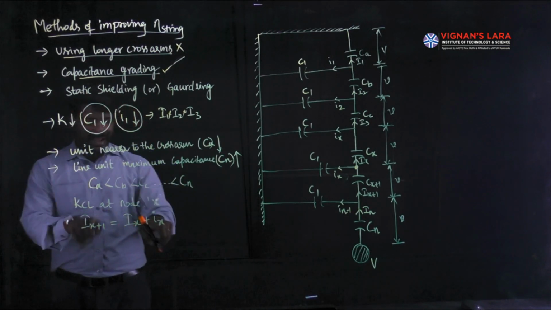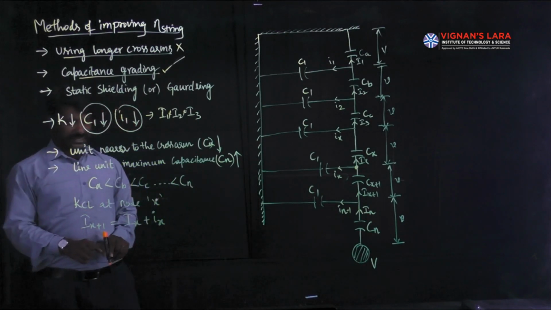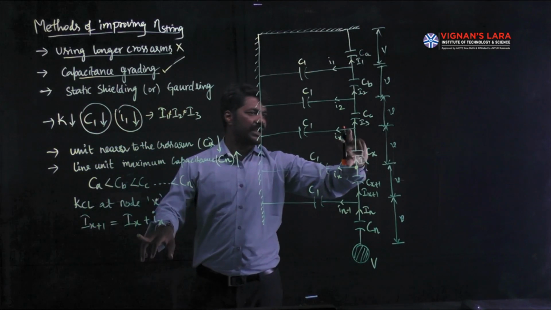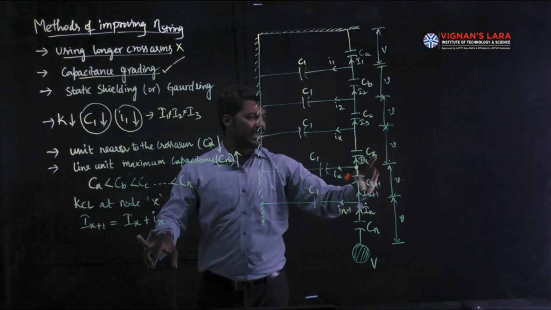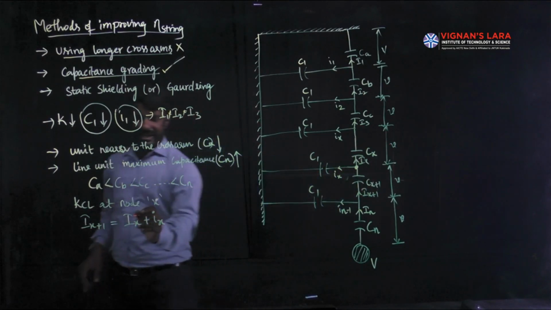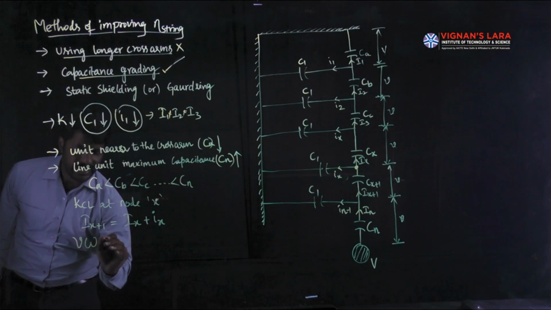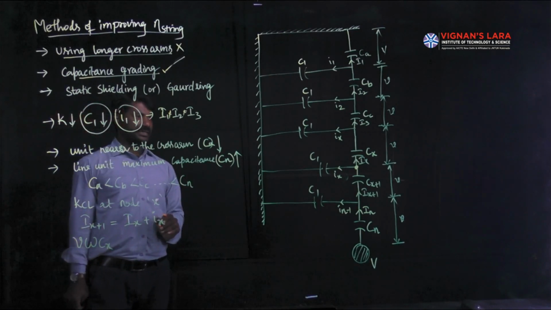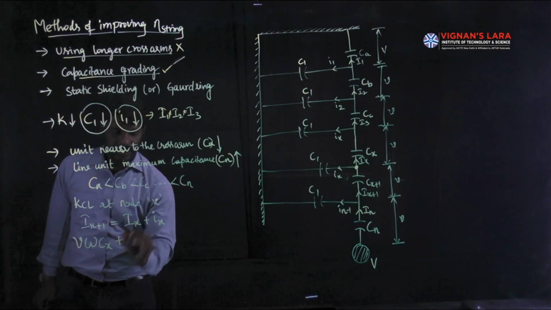Then what are the magnitudes of these currents in terms of voltages? If you check, what is the magnitude of current Ix? It's a single unit current against a voltage of V volts with a capacitance of Cx. Then I can expand this Ix as V omega Cx. V omega C is the formula for the current. So capital Ix plus small ix.